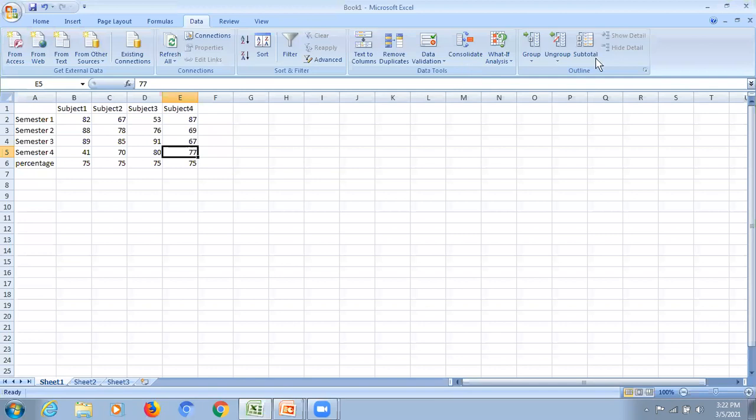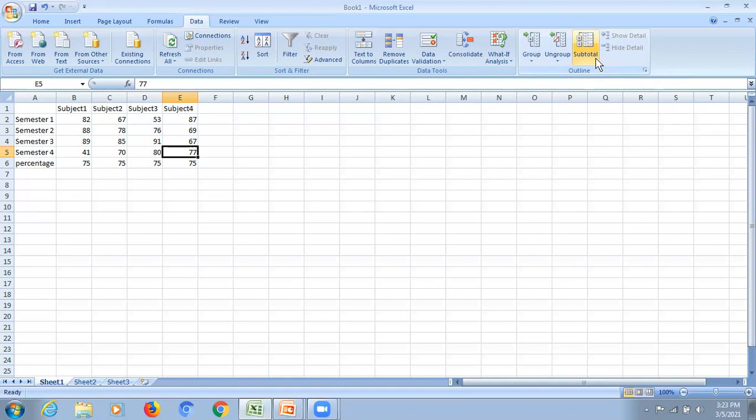So this is how we have learned what goal seek is: we can change only one variable. Now suppose that we want to change one or more variables, that is, multiple variables. In that case, goal seek will not work. In that case, we will use solver. Now let me explain what a solver is. First of all, solver is an elaborate form of goal seek. It is also called advanced goal seek.